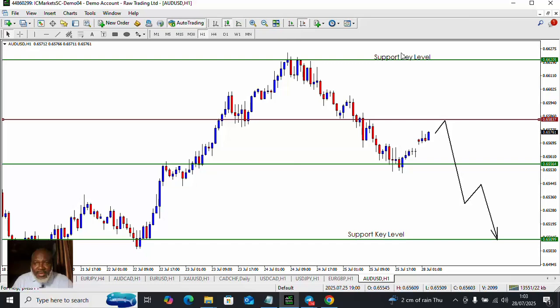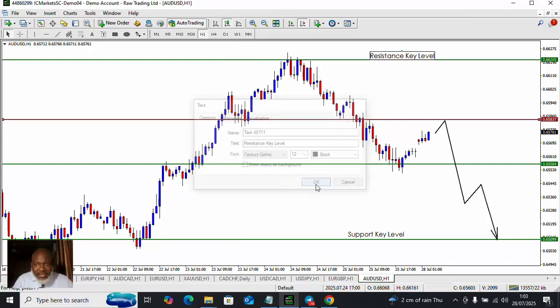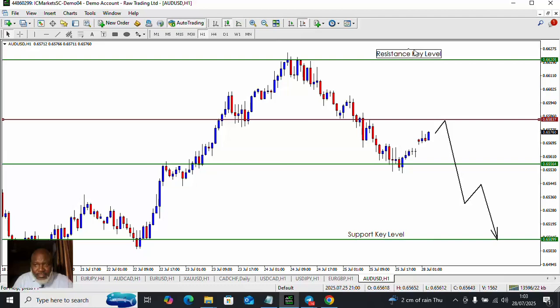Then this is my resistance key level, guys. Resistance key level. All right, so we have seen